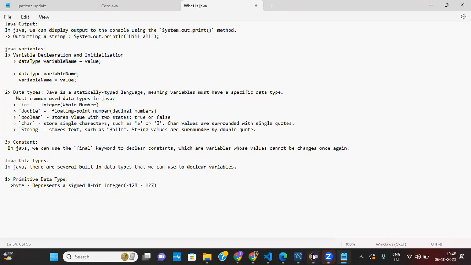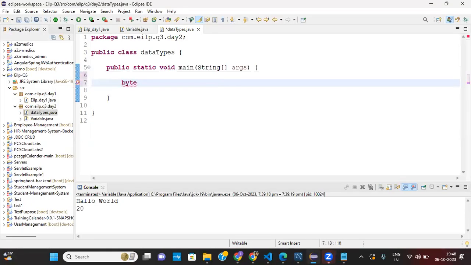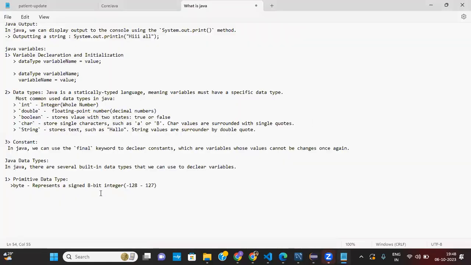Okay. So let's check. If I give a 4-digit number, it gives me an error, right? As you can see, byte can only hold negative 128 to 127, which is up to 3 digits.